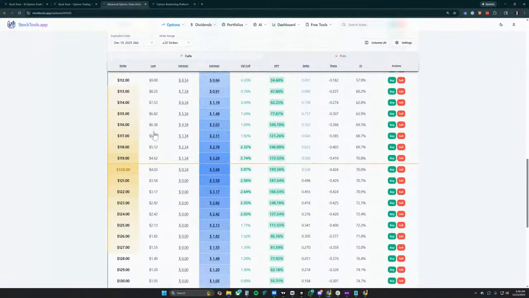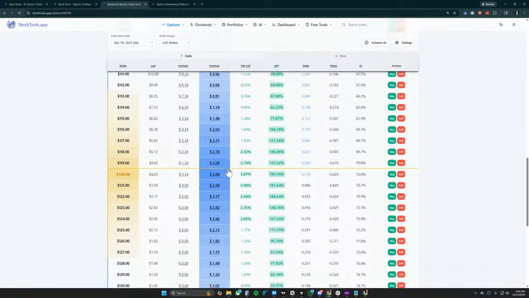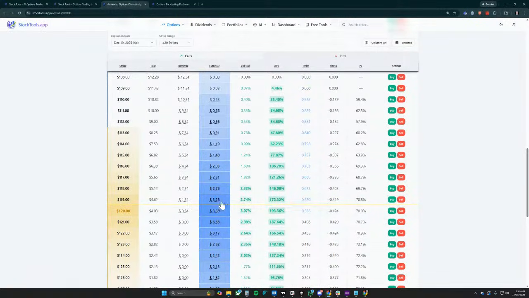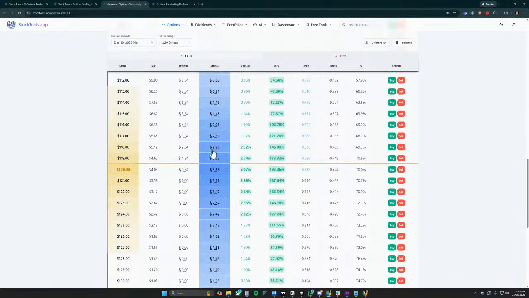So in the actual options chain table here, I wanted to break out the important fields that are relevant to an option seller, right? So we have what's the strike, what's the last price, the intrinsic and the extrinsic, right? And having it clearly defined here, what's the extrinsic? Because that's what we're trying to make every week, trying to sell this premium in the blue bar. And then I made it a little bit shaded so you can see, hey, where's the main meat on the bone.